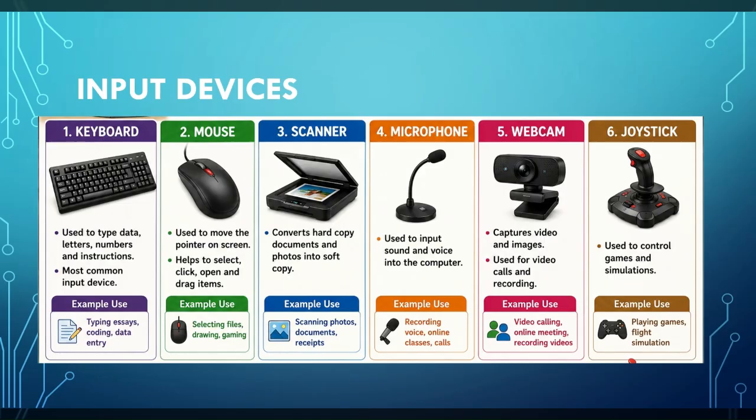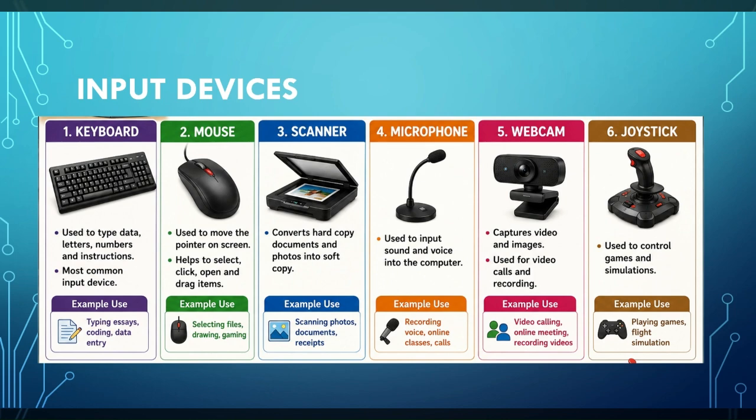Next we have scanner. The most common example for this, you can see that in our phone when we scan any QR code or any scanner, we say scan this. So this comes under scanner. And as a computer device, we can say that this is what a scanner looks like. Basically, on the printer top also, the scanner is present. Any document that is being placed on this surface is being scanned into the computer and we get the soft copy for that. So the scanner is also an input device.